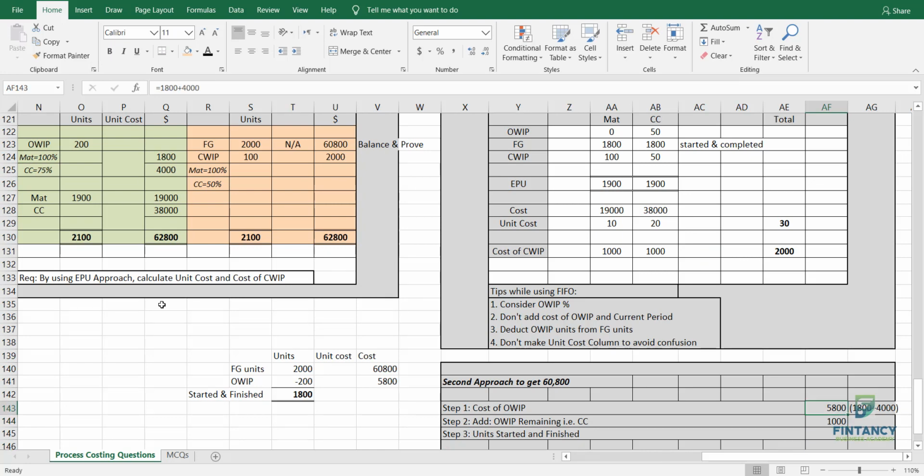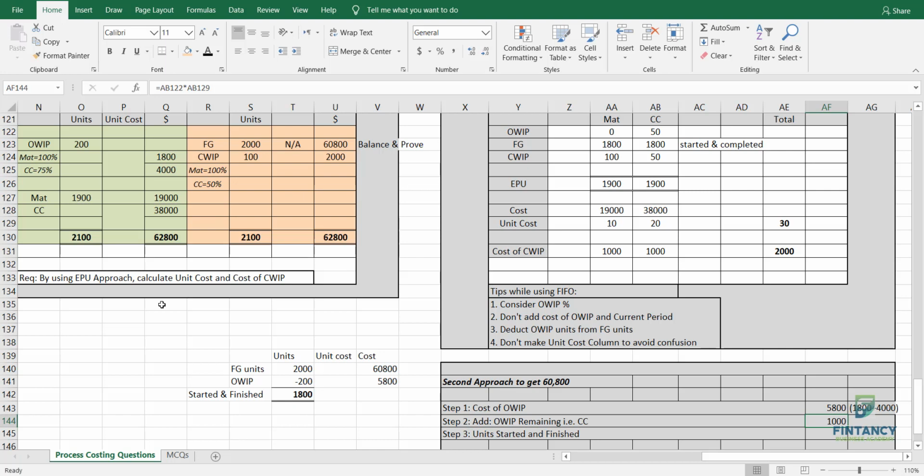Okay, my friends. So examiner is asking you, how much is the cost of opening units coming from the previous month? Very simple. The answer is 5,800. No need to do any working if the examiner is asking like this. You know, there are some MCQs. They give you a full question, full paragraph, and the requirement is how much is the cost of opening units coming from the previous month. That's it. So no need to do any working. It's very clear from the question itself that it's 5,800.